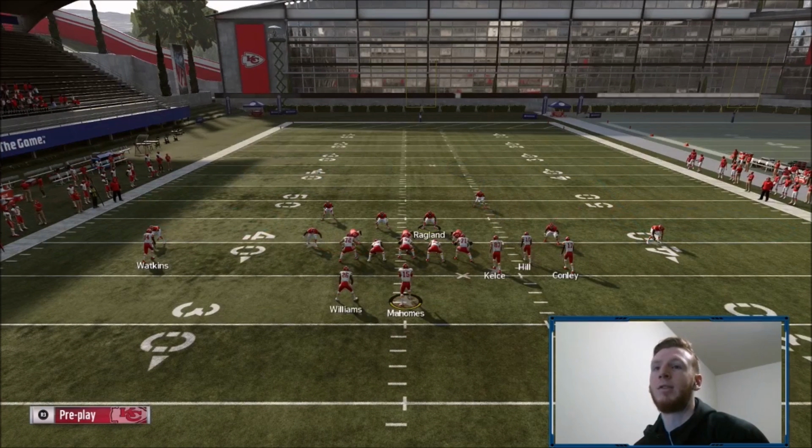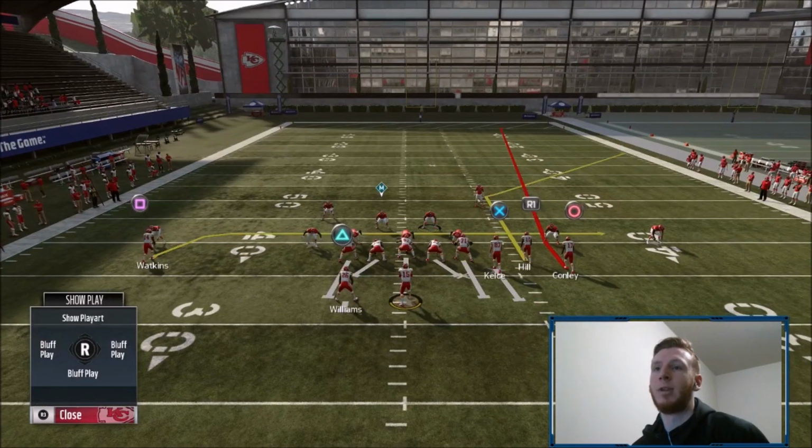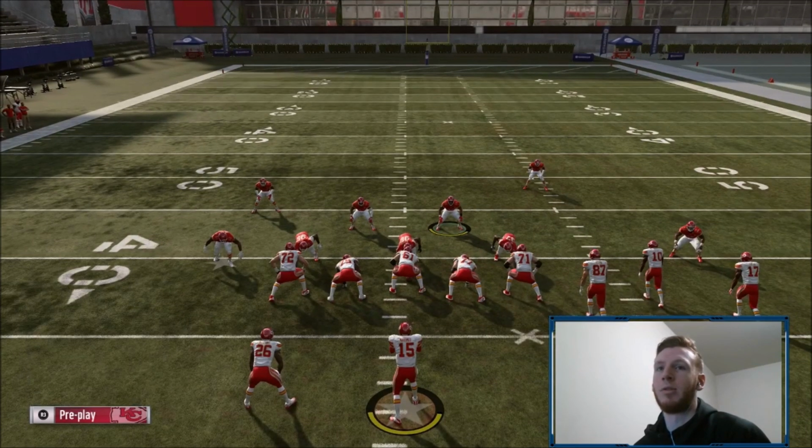If you're in a nickel formation, nickel normal or nickel 3-5 odd, they're not going to get bumped, so you don't even have to move this guy. I'm only moving because I'm in 3-4 odd, which, honestly, you guys shouldn't be running. But, so